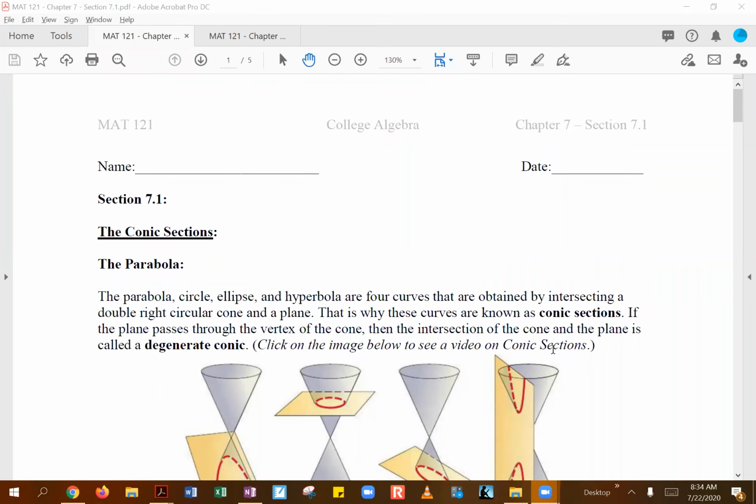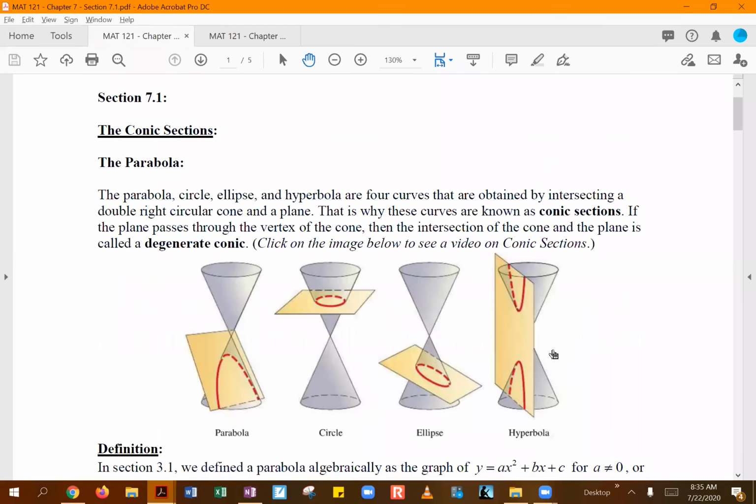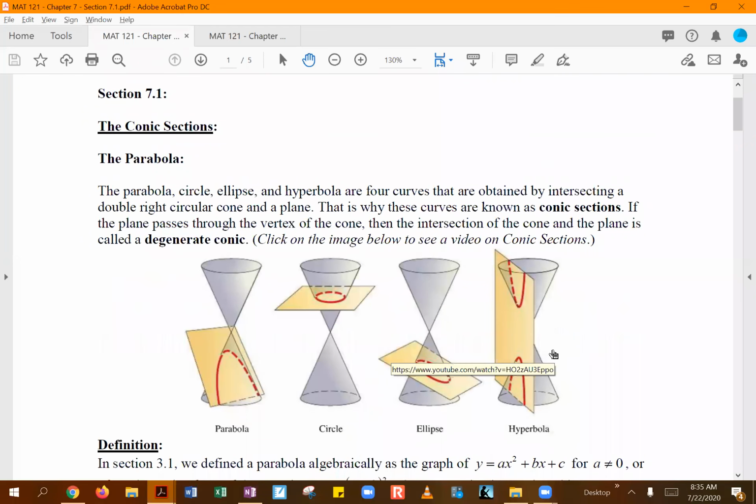This is our last chapter that we need to do before the final exam. So chapter 7 is all about conic sections. And when we are talking about conic sections, we're basically talking about, as you can see in this image right over here,